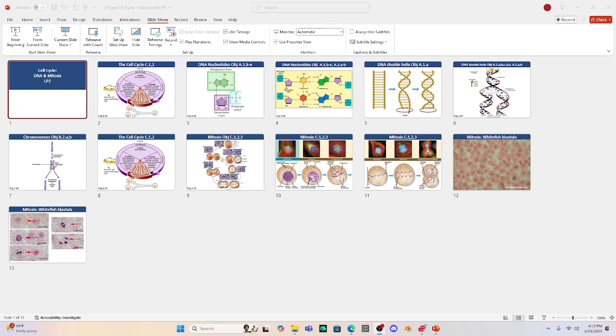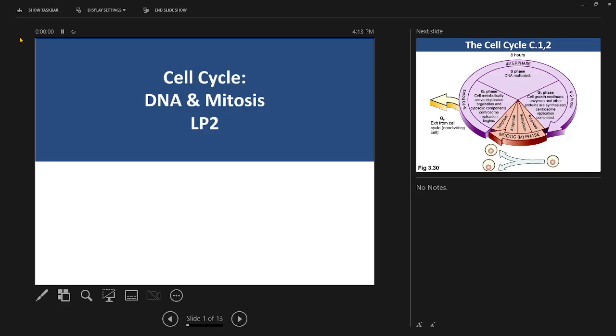All right, so I'm going to make one kind of longer mitosis presentation for lab, and we're going to be going over the cell cycle. We're going to talk about some things about DNA and then, of course, go over mitosis. Most of this stuff is not going to be microscope work except for identifying the different stages of mitosis. So I'm going to open up our slideshow and we're going to go through mitosis and talk about the different